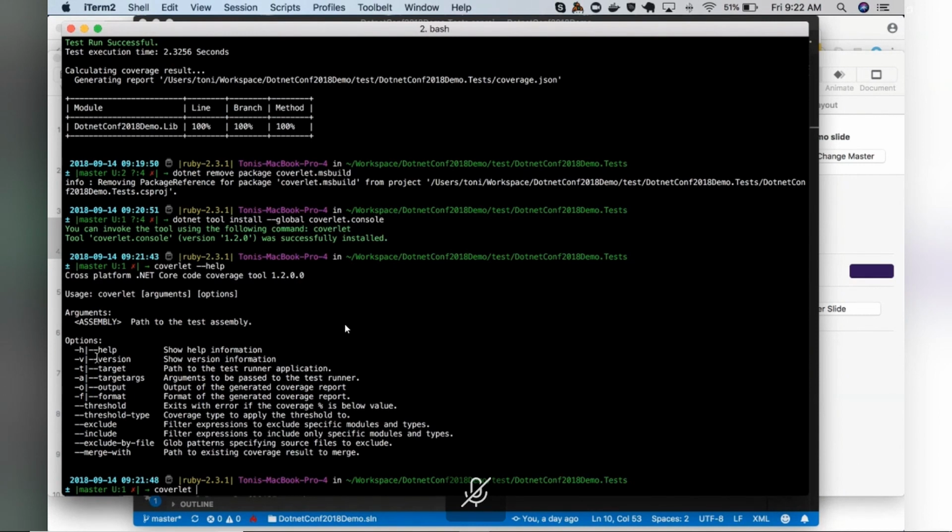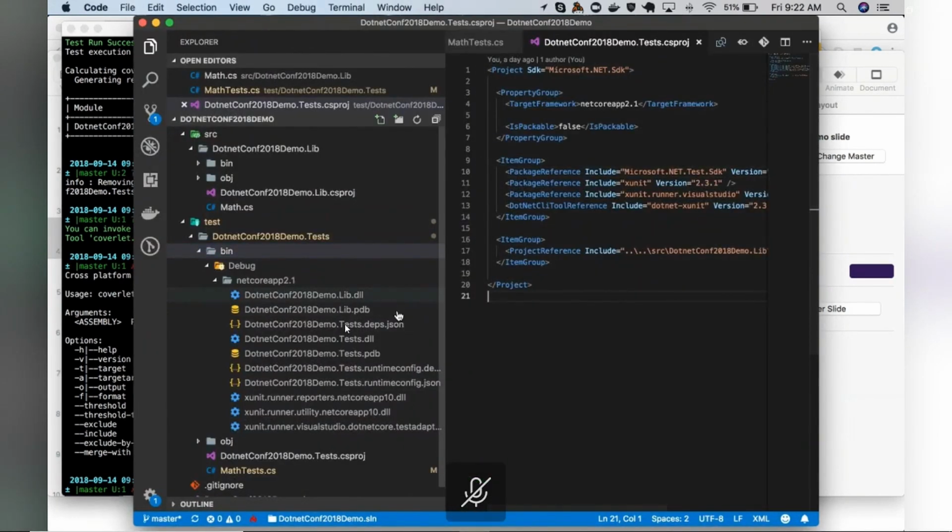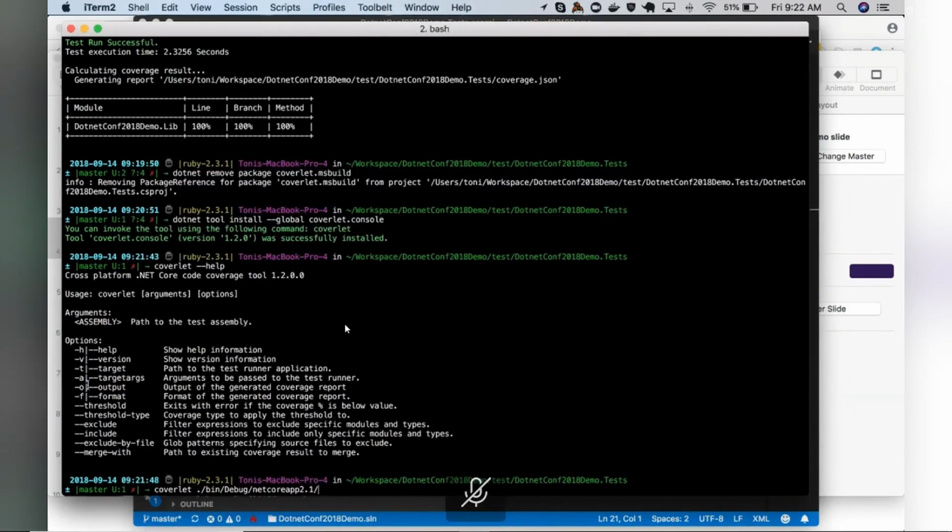So I'm going to just do 2.1. Let me confirm. Okay, .conf, .tests, .dll. Great. So now we add